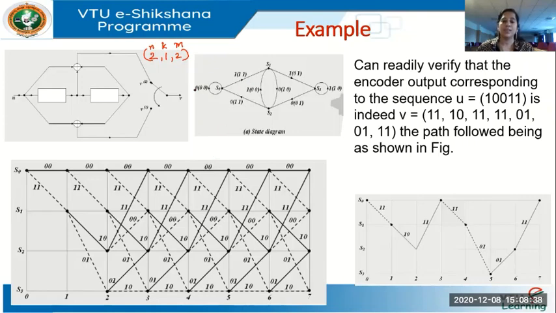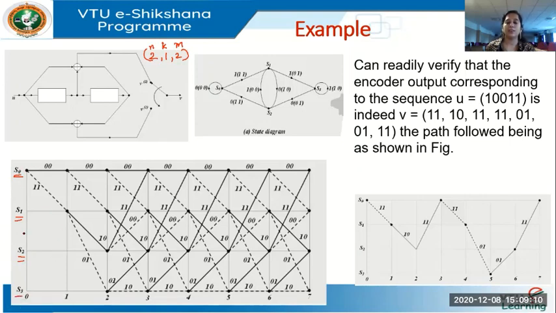So we have considered the state diagram for the given encoder, and let's consider the input sequence. Anyway, before that, first let's draw the trellis. So what is the idea of drawing the trellis? The trellis is already drawn here and shown. First thing, we'll consider the total number of states. Remember, with 2 bits, we can have 4 states. As shown in the state diagram, we have 4 states, S0, S1, S2, S3.